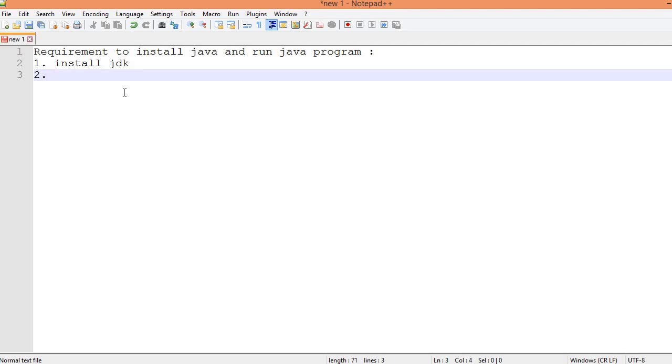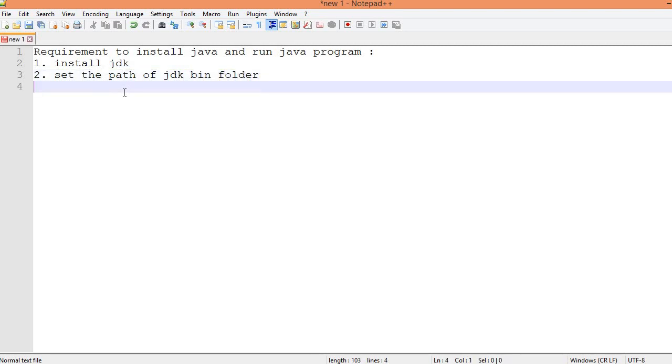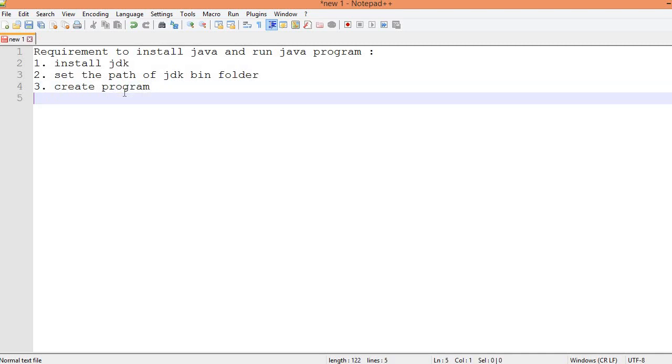Second step is set the path of JDK bin folder. Third step is create program. Fourth step is compile and run Java program.